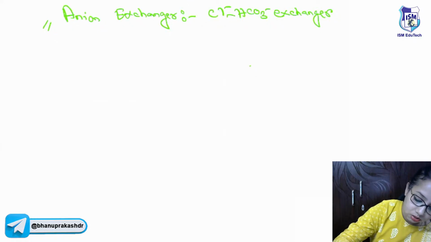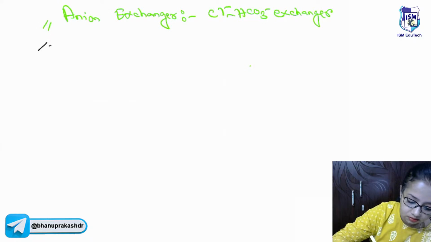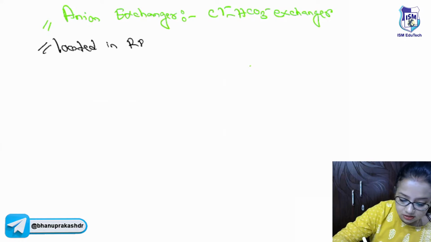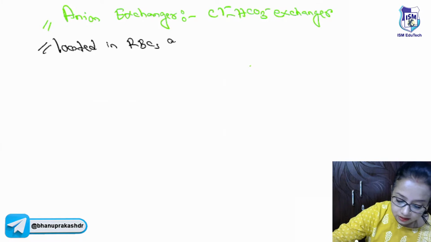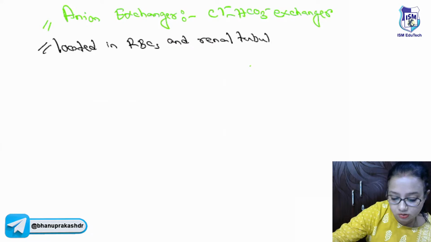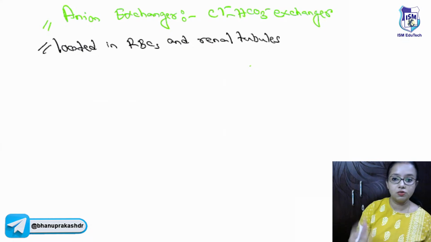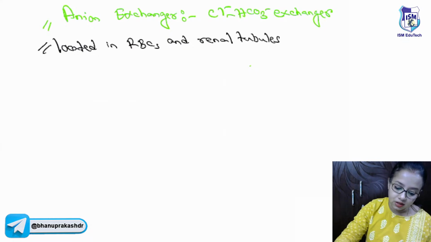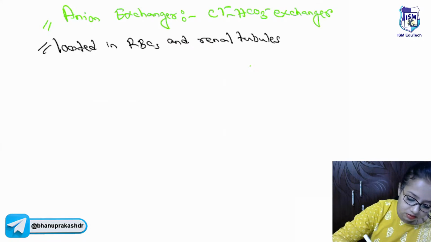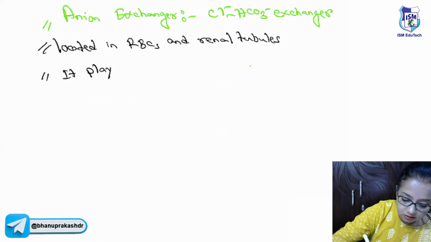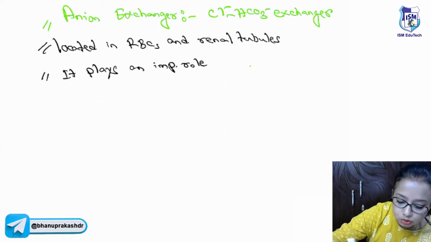And where is it found? It is located in the RBCs and renal tubules. Okay, in the renal tubules, in the proximal convoluted tubule and distal convoluted tubule, we have this anion exchanger. It is playing an important role in